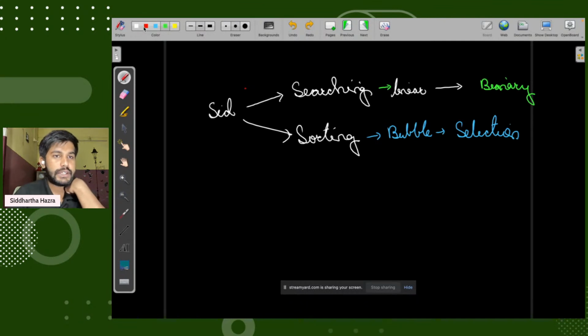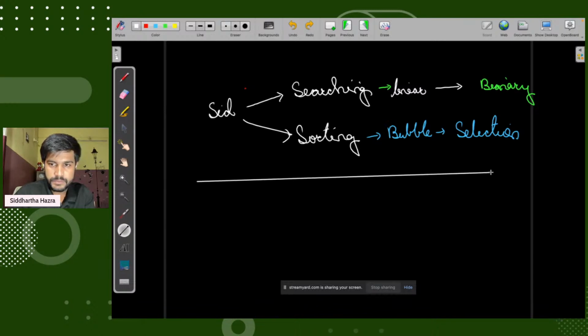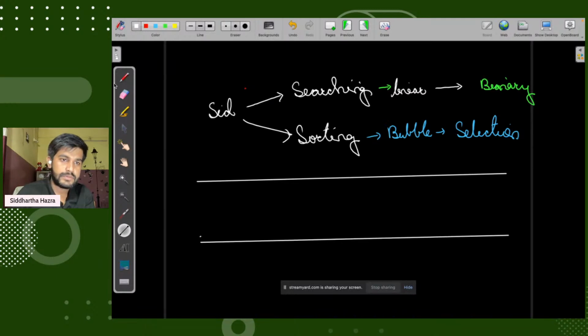So first we would insert the source, SID, in the queue. We take a queue, and insert the very first source.